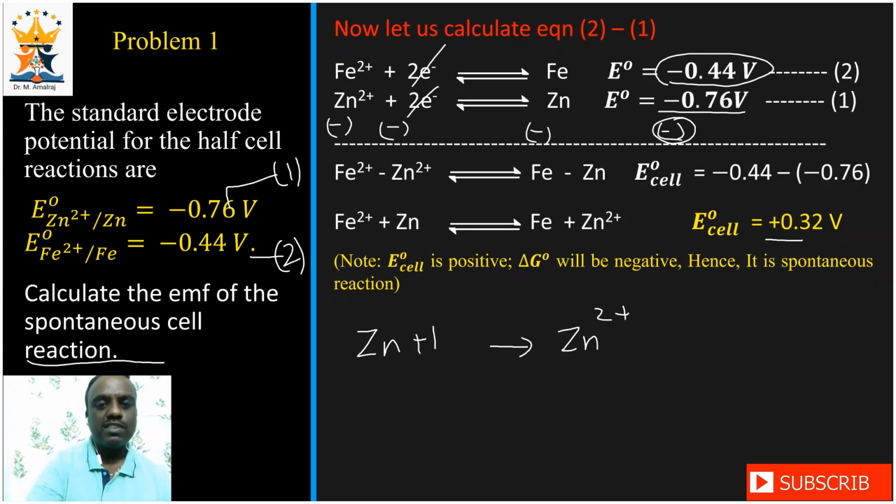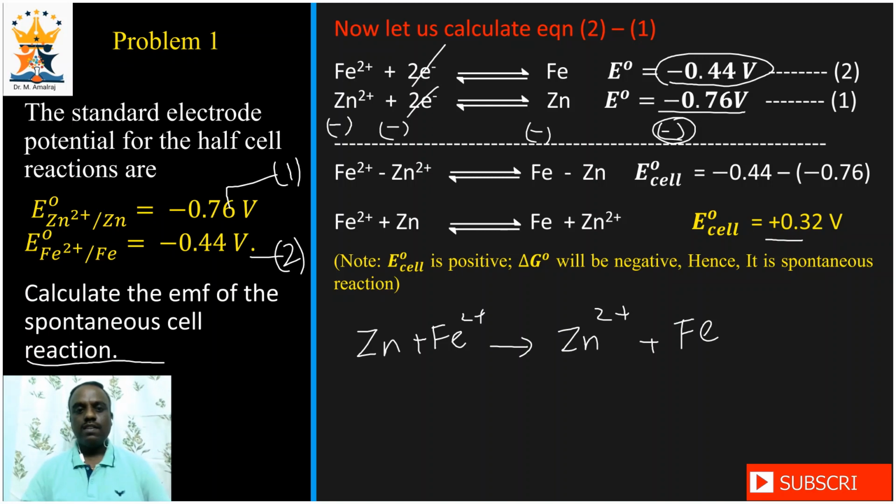So this will come as Fe2+ to Fe. And we know the E0 value by calculating 2 minus 1 or 1 minus 2, whichever is coming as positive, we can conclude. In another way also we can calculate, there is another formula, E0 is equal to